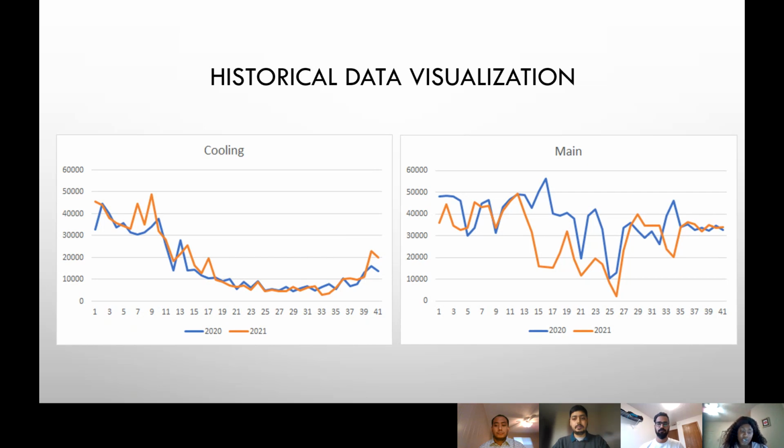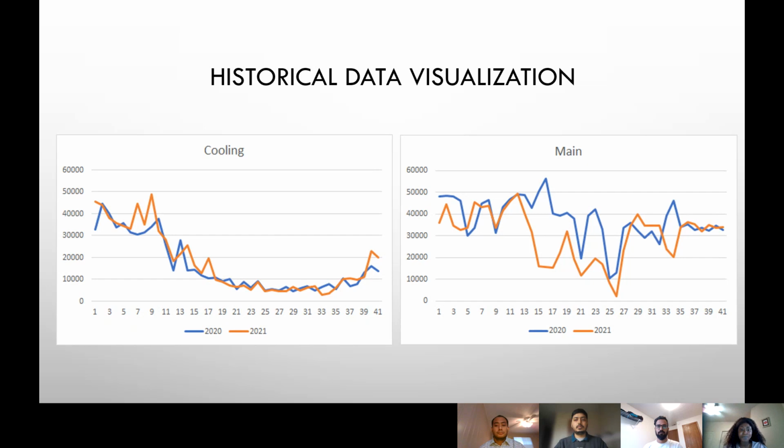This graph, as you can see, shows the demand for cooling and main over 2020 and 2021, with month 1 showing March 2020 up until January 2022. As we can see, for both main and cooling, the demand trends are close for 2020 and 2021. Then using this data, we're able to forecast what the next 4 weeks